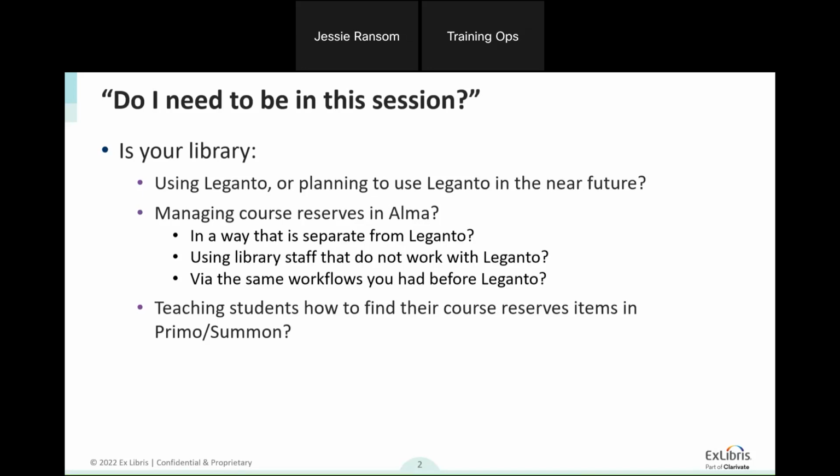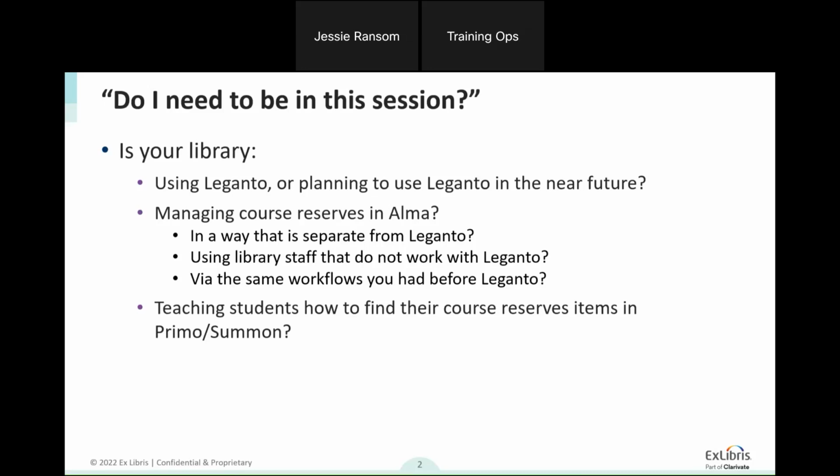Course reserve staff creates those reading lists in Alma. Students find those reading lists through Discovery. So managing course reserves in a way that's separate from Leganto, using library staff that are not working with Leganto, the same workflows that you may have had before you had Leganto. This is really what I'm talking about here. Libraries that are still having students access their course reserves items through Discovery.